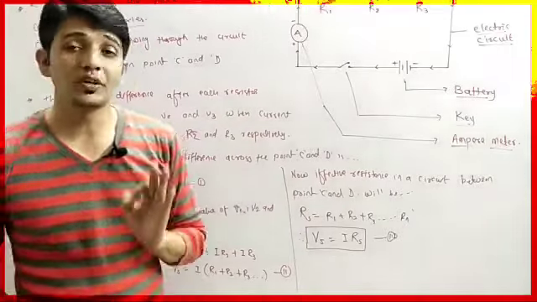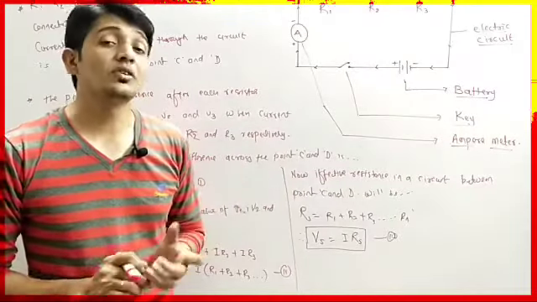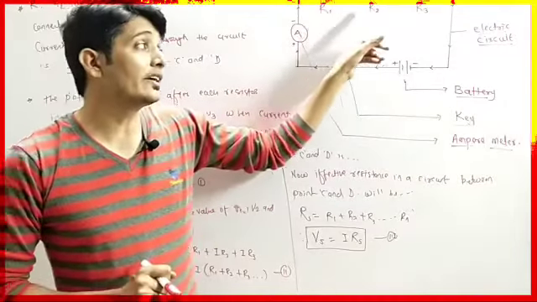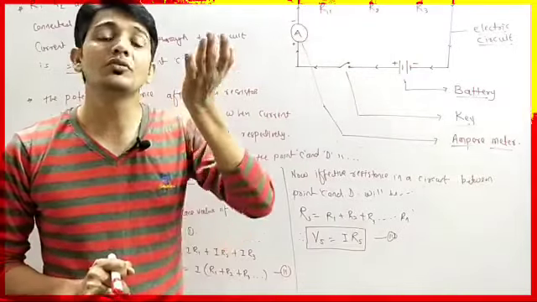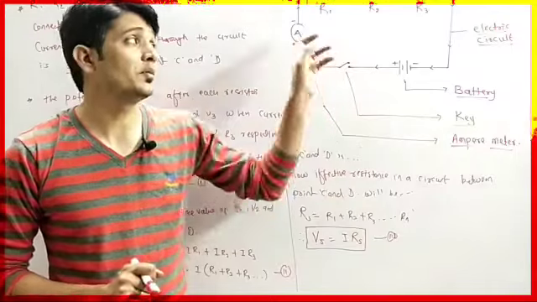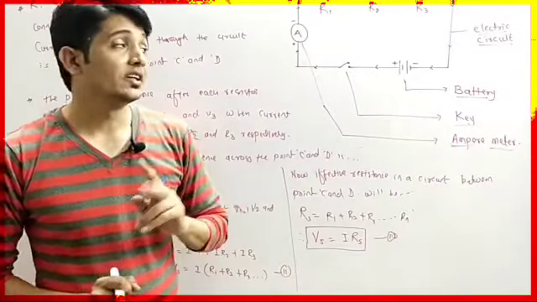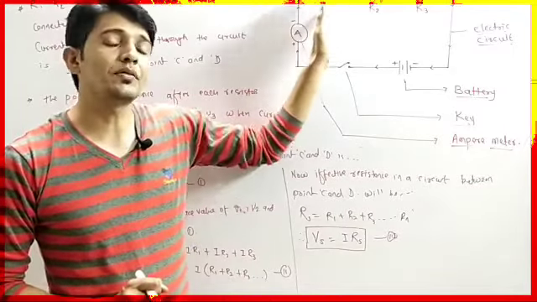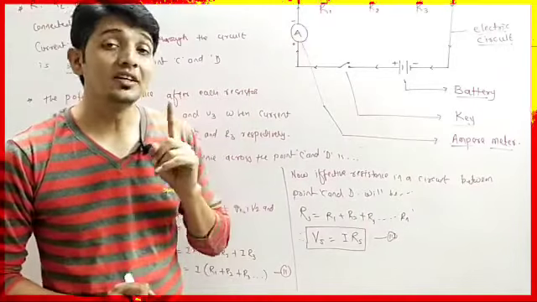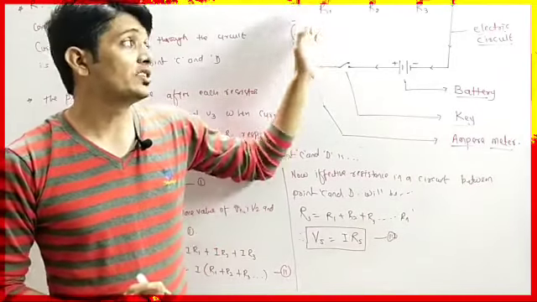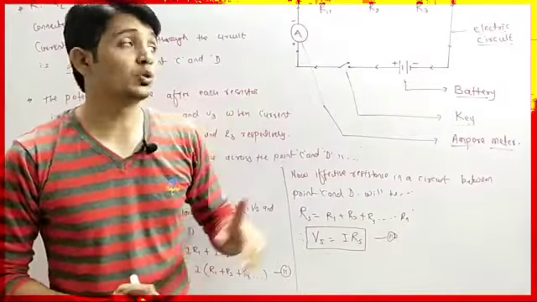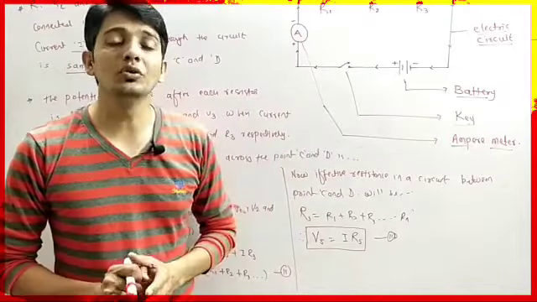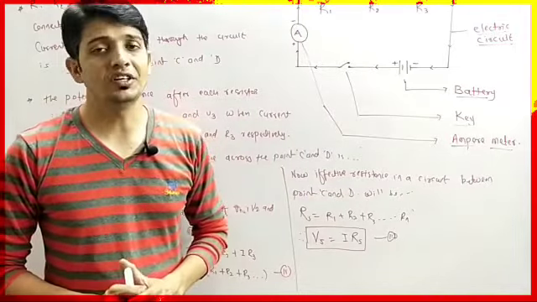The first point is this combination we are using to increase the resistance in a circuit. If we increase the number of resistances, then resistance will keep increasing across the circuit between points C and D. Second point, the effect on potential difference: potential difference will decrease after each resistance if they are connected in series. So the series combination is used to decrease the potential difference in a circuit.